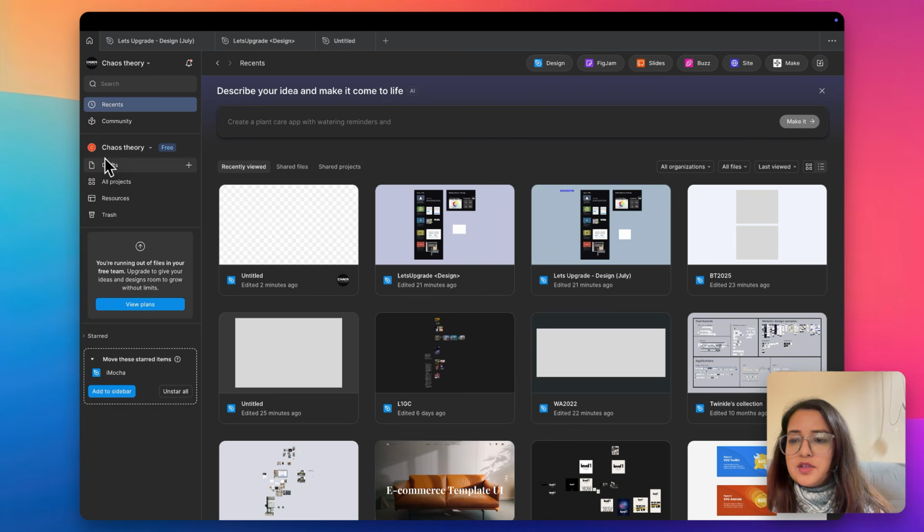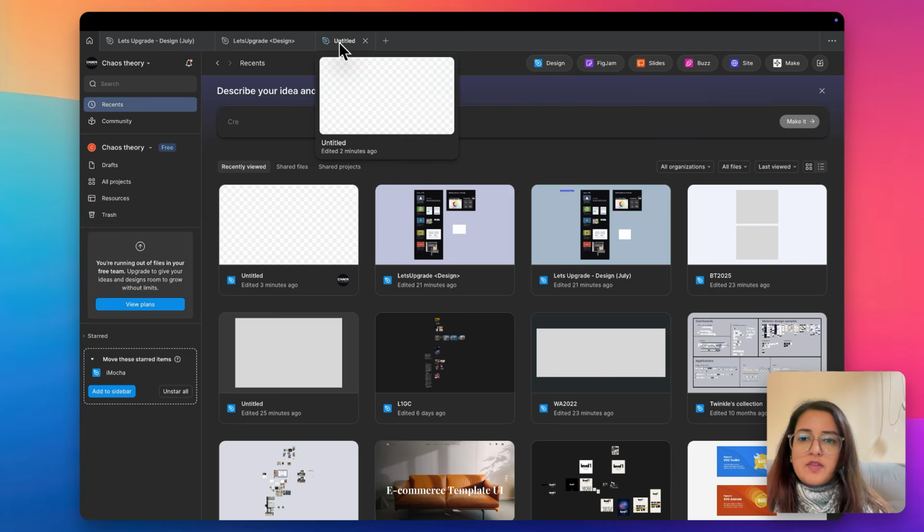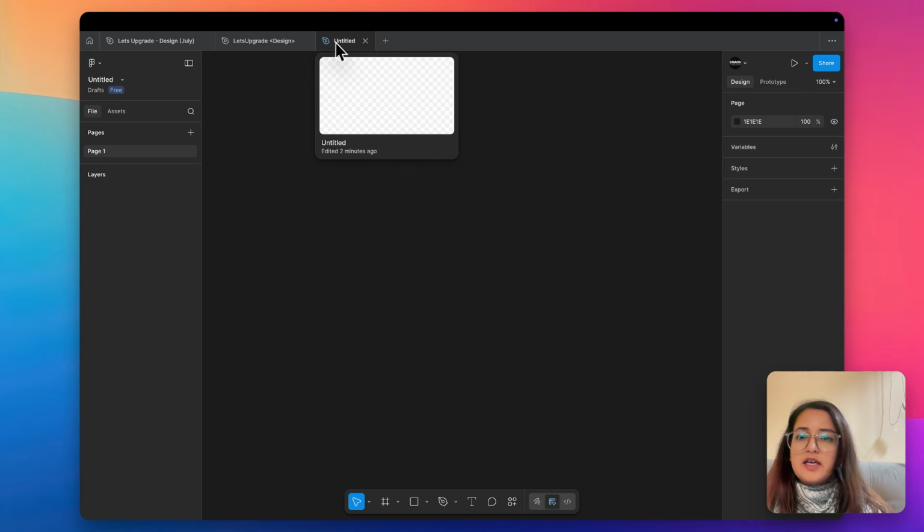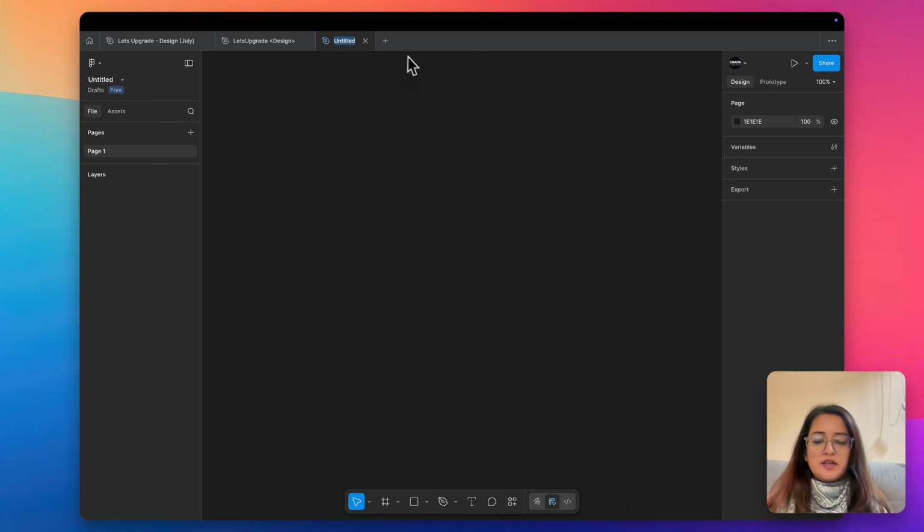On the left, you can see all the drafts that you've created so far, all the projects that you have, trash, and any particular starred files that you want to put over here. And you can filter through these files and everything. So let's go to the untitled file that I just created. I'm just gonna call it Let's Upgrade